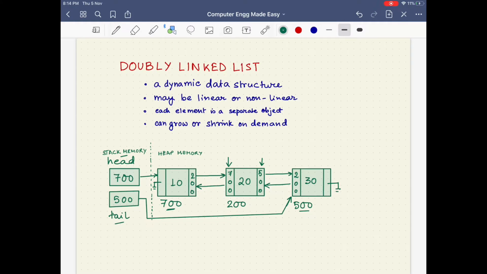We are introducing this variable tail because it is going to reduce the complexity of insertion of nodes in a linked list. So the purpose of the head node is to hold the address of the first node of the list, and the purpose of the tail node is to hold the address of the last node of the list.